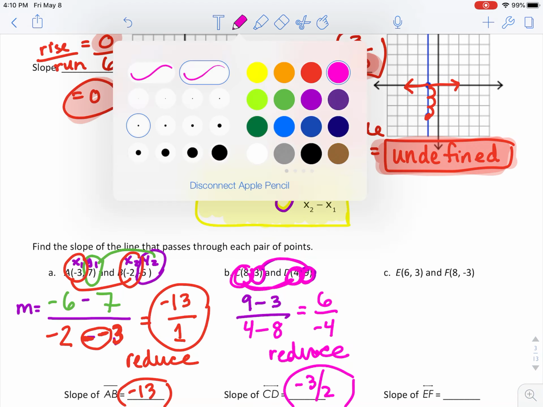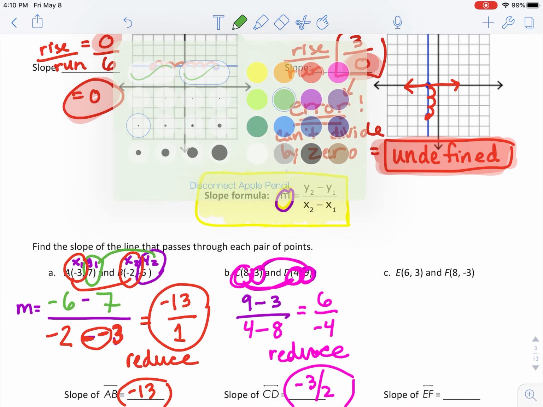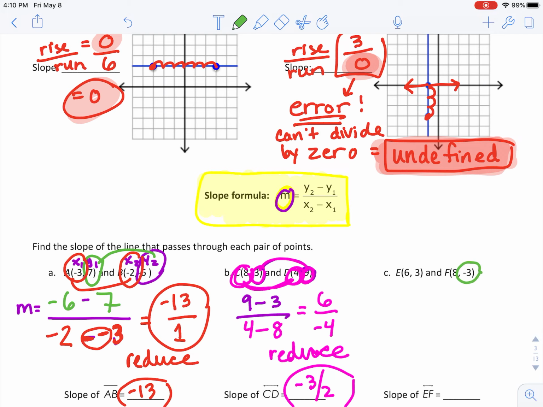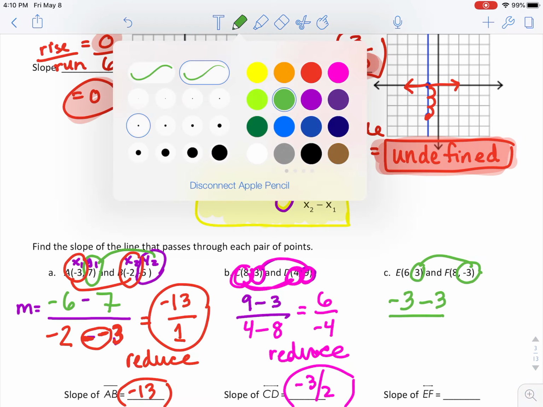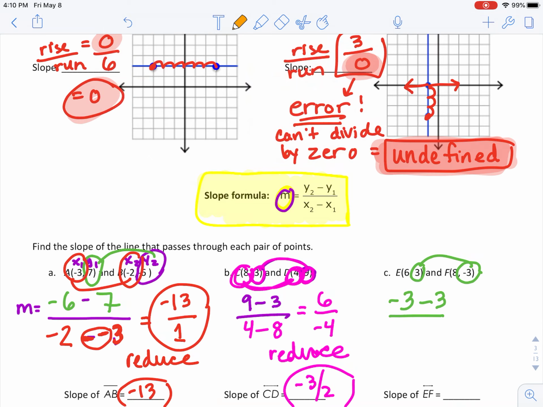Kind of catching on? Let's try one more. y2, -3, minus y1, which is 3. Now let's do the x's. x2, which is 8, always a minus in the middle, x1, which is 6. So I get -6 over 2, reduce